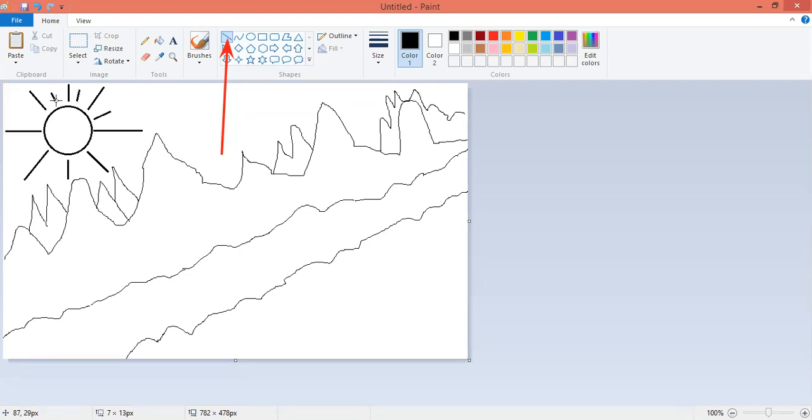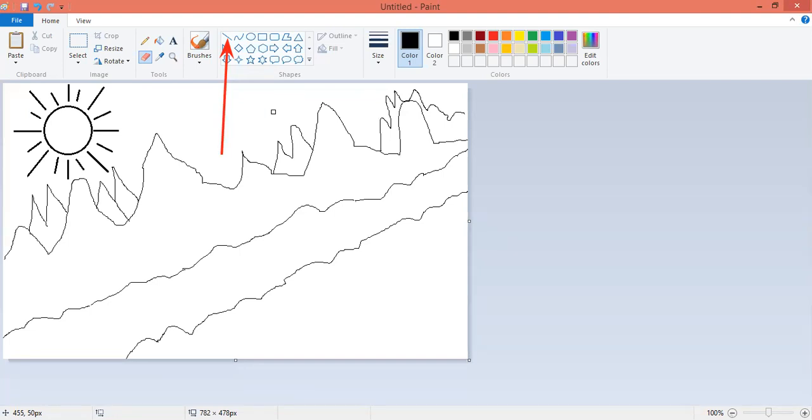So we are making the sunlight with the sun, so that it will give the effect of sunlight. Okay, so now we make the sunlight showing that it's the sun. So we made it. Now what else do we have? We made this thing. Now what else do we have?